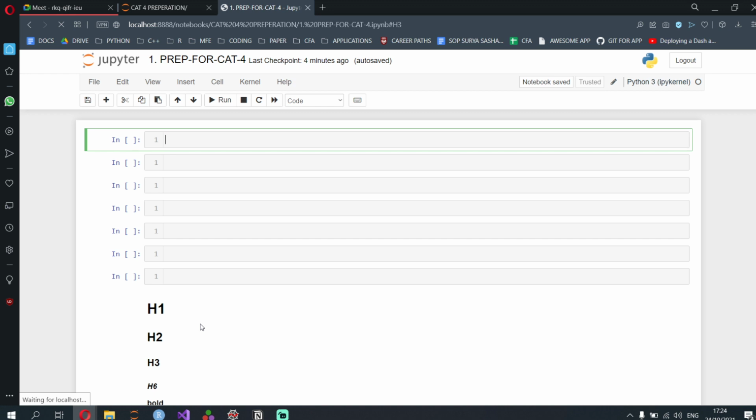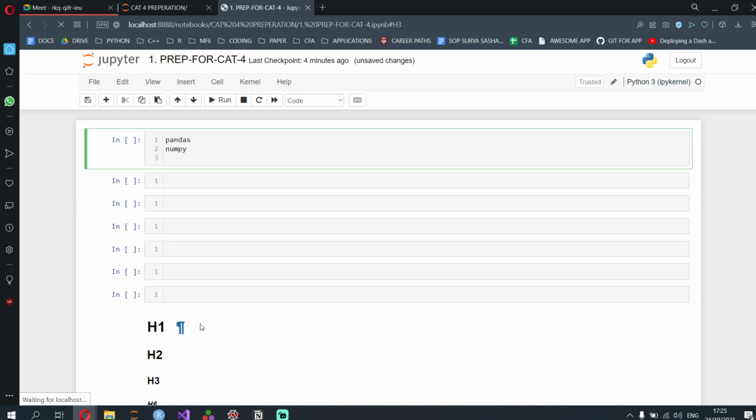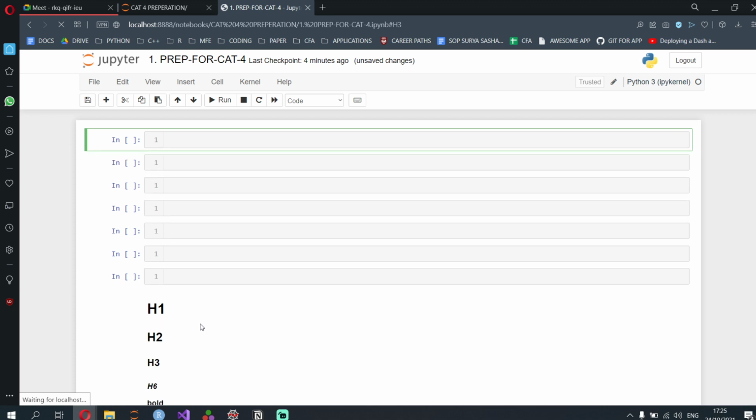Okay, fine. So first things first, you need to learn about 2 main, or rather 3 main libraries. They're called pandas, numpy, and what else was there? Matplotlib. Okay, if you want, you can put random also, but no. We'll cover these 3. How do you import these? To import any library, you do